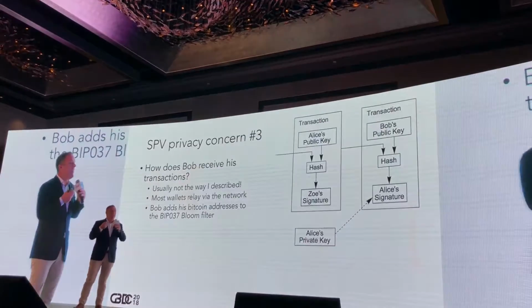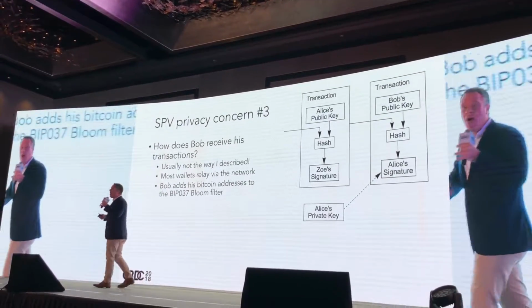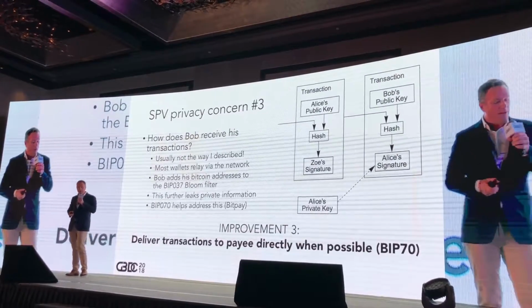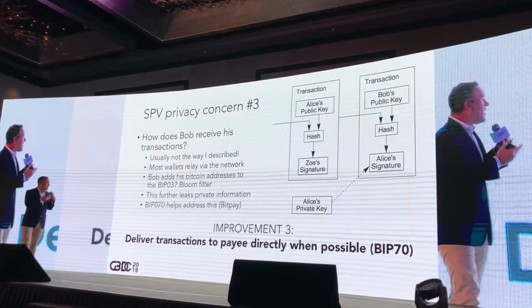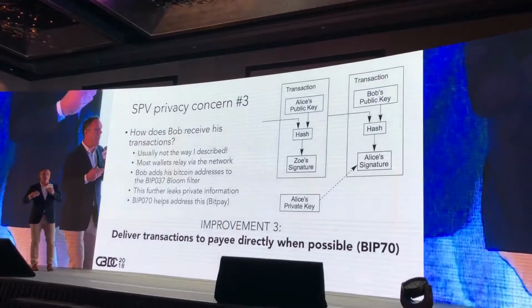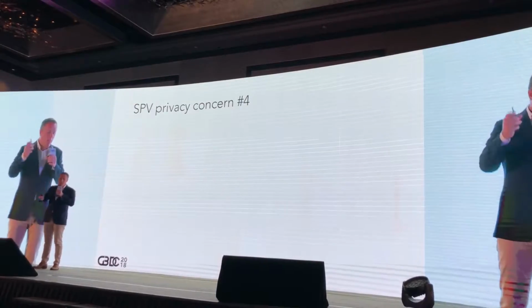But here again, we have this huge privacy leak because all of your addresses are being sent to the Bitcoin network all the time. So you're leaking address information. So improvement number 3 is wallet developers need to directly deliver the transactions to the payee whenever possible. We need to stop relying on the P2P network to deliver the transactions for us, because it's a privacy leak. Last point,